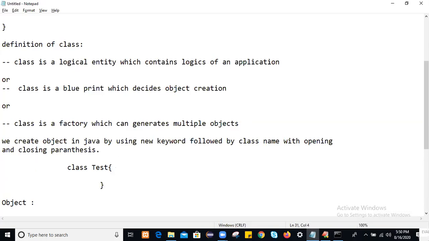New keyword followed by the class name with opening and closing parentheses, like this. This is the object creation. The moment you write this statement, an object will get created.